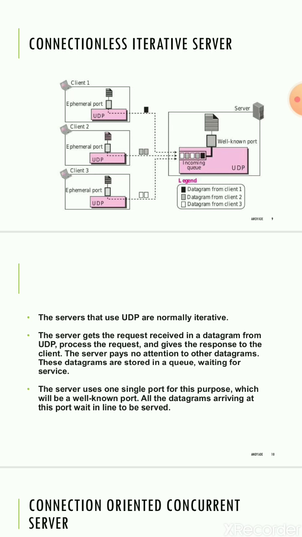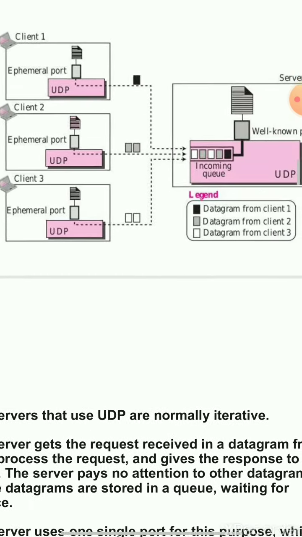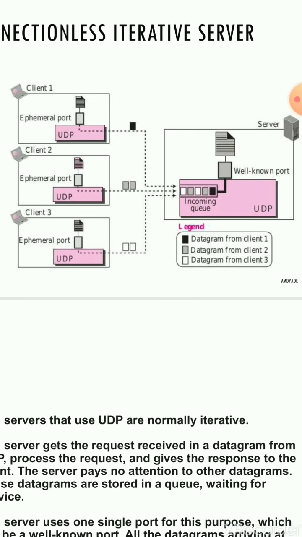As in the diagram, I will zoom in a little bit. Here you can see there are three clients, and the three clients are requesting something from the server. You can see the incoming queue, and all the requests are shown in different colors: one is completely black, one is shaded, and one is blank, white without any shading. These three requests are sent to the incoming queue of the server, and one by one each request is accepted by the server, which provides services to the clients.